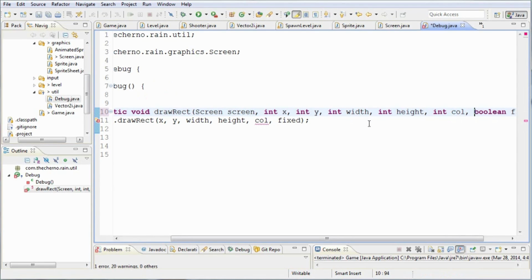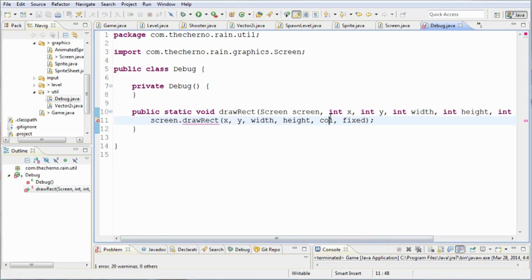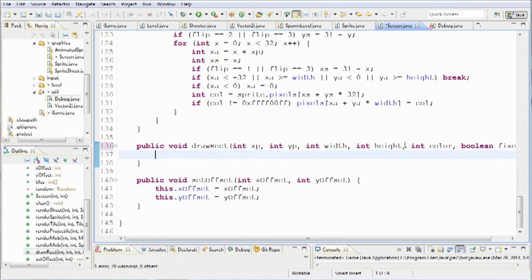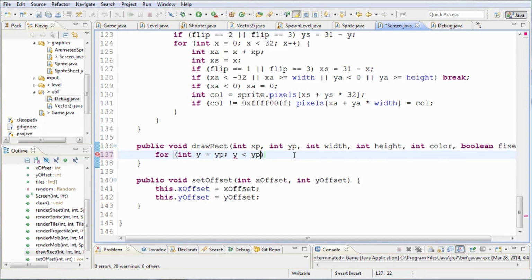We can obviously make other methods here that will be wrappers, basically, so that we don't need to use all these parameters. But int color. Okay, great. So that's the first thing we need to do. So let's go ahead and type in for int y equals this y position here, because we want it to start at the y position, of course, and go until height. So for y is less than yp plus height,